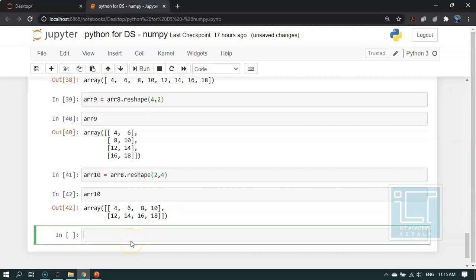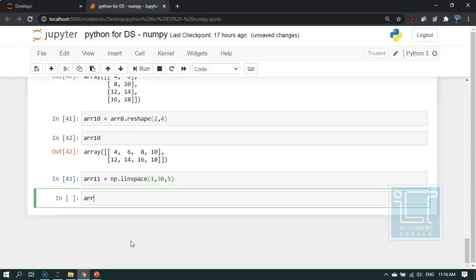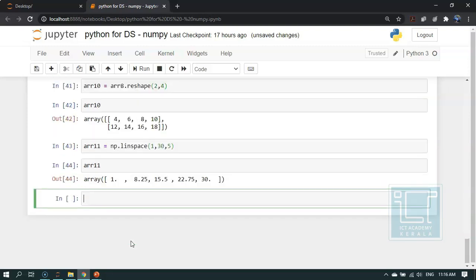Next we are going to discuss the linspace function. I will create another array, and I am using the linspace keyword with 1, 30, 5. Now if we print arr11, you can see it is printing like this.